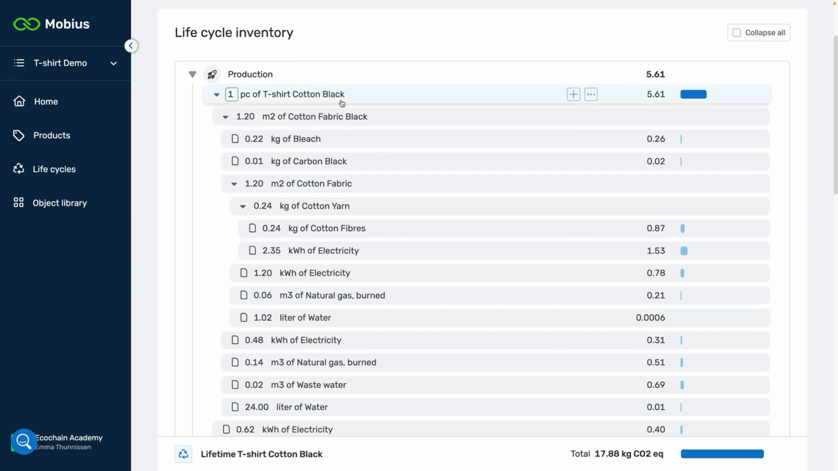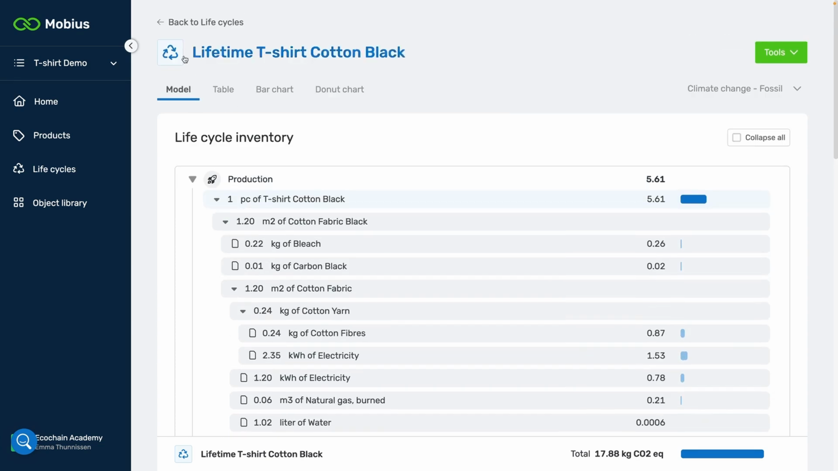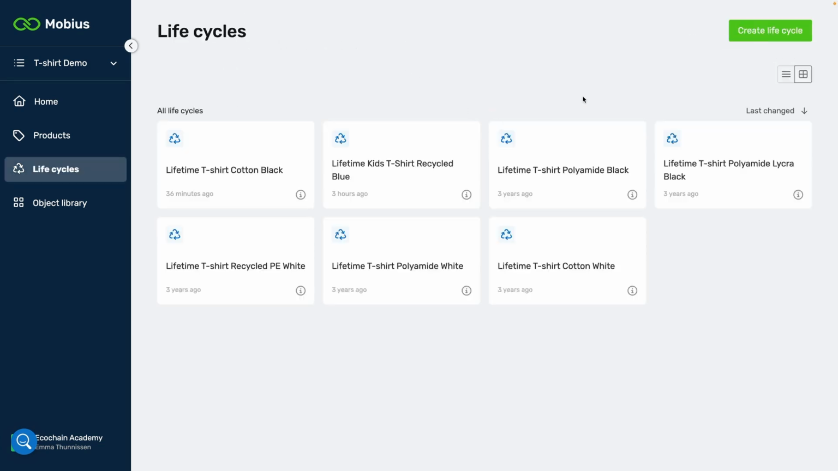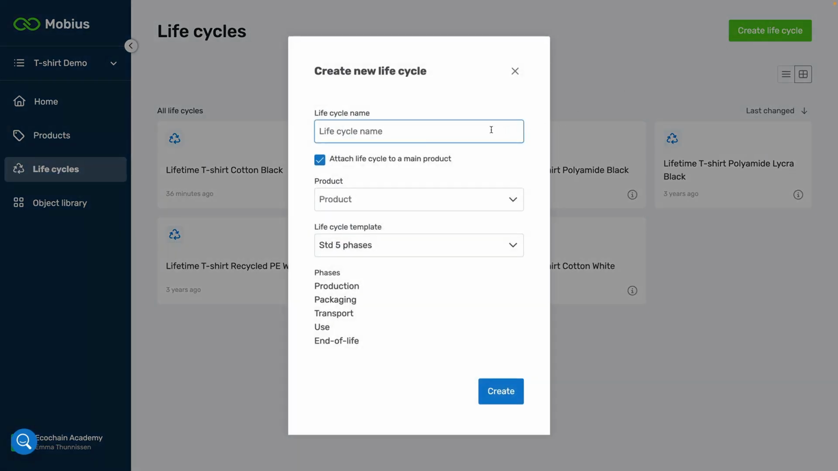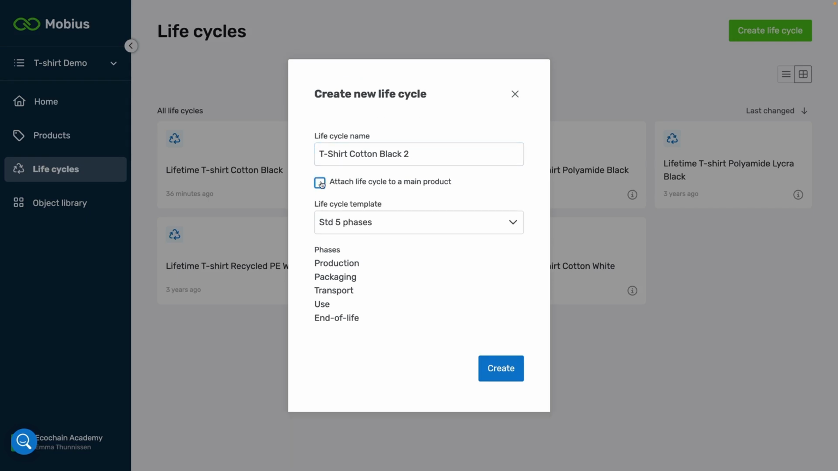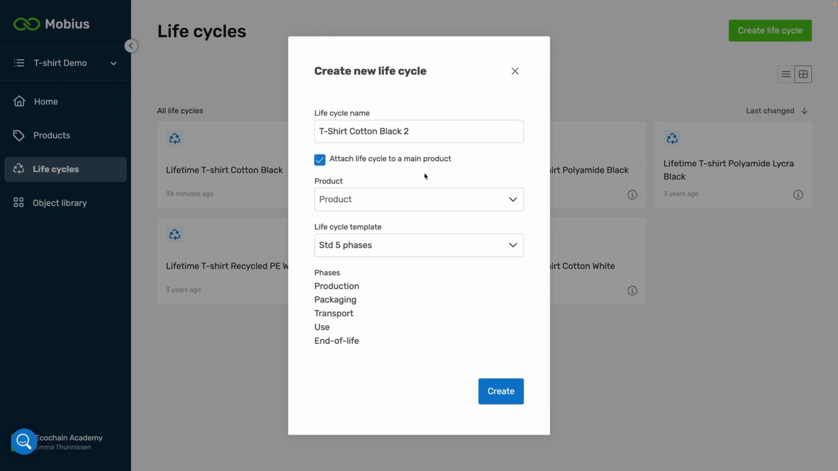If we want to create a lifecycle for another product, we go back to the main lifecycles page and then we click on create lifecycle in the right top of the page. We need to give our lifecycle a name, for example, t-shirt called Black 2, as it is the second one for this product. Here we need to choose whether we want to create a lifecycle that has a product attached to it, or whether we just want to create a lifecycle and attach the product later. So this is something you can choose. Let's say that in this case we want to add the product, so let's search for it and add the